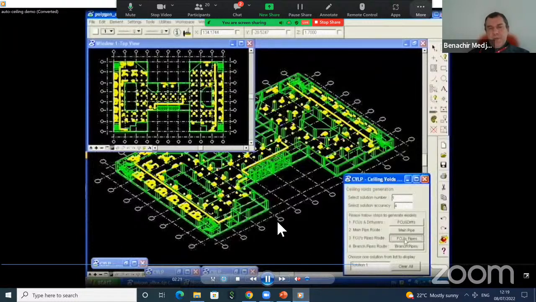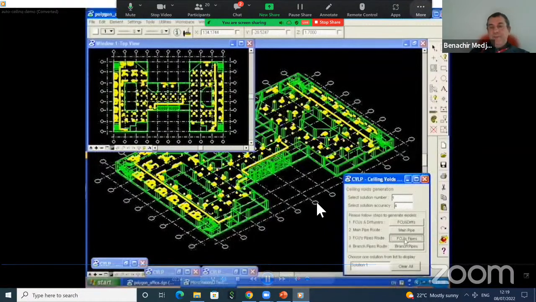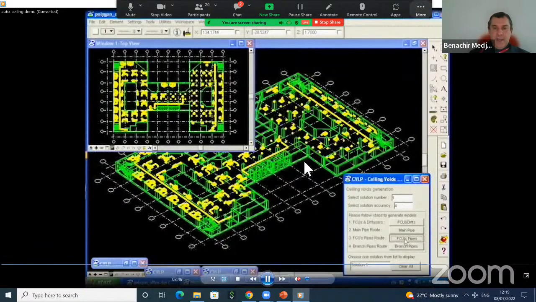The system starts by generating the main pipes between the riser, and we have 3 risers in this building, and the farthest fan coil, and then generates the secondary pipes and ducts between the main pipe and the fan coils, as well as between the fans and the diffusers.